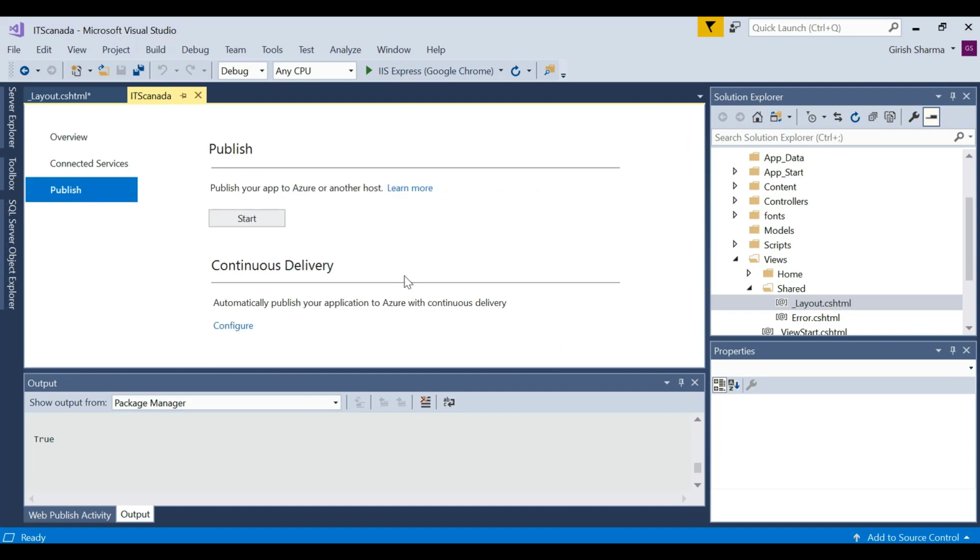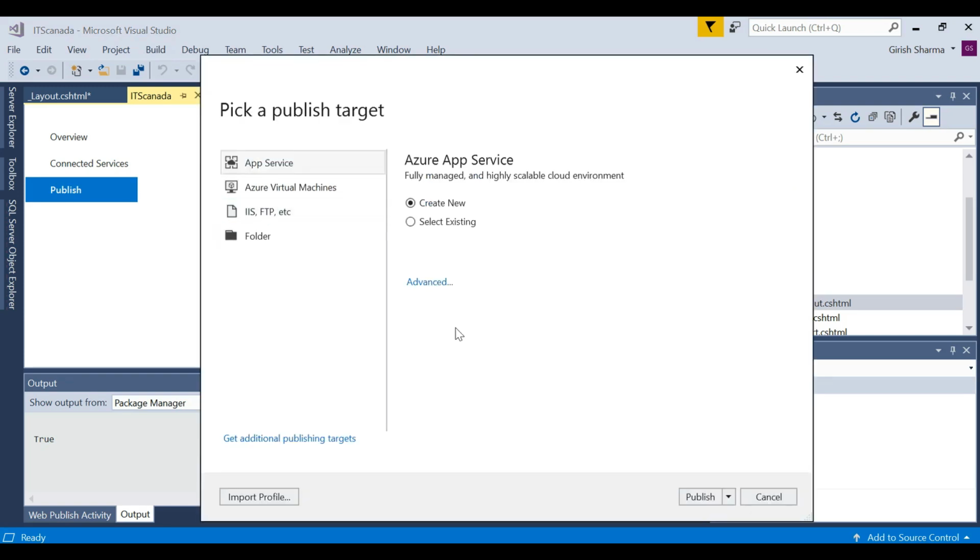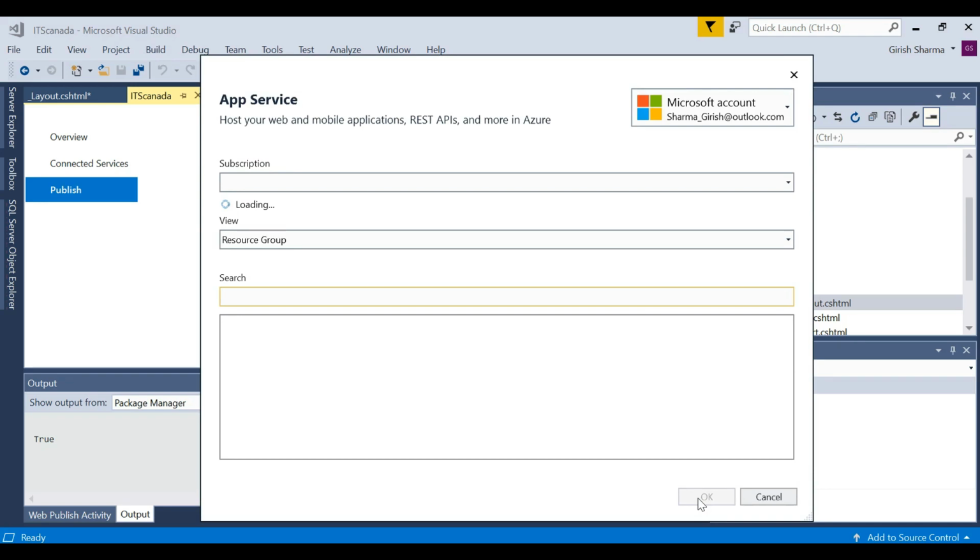publish, and here you can see that I can publish the app directly to Azure. So if I go and click on start, I can create new or select the existing. Since I already have the existing, I can go and publish. It will pick my subscription, and if I go under my resource group, this is the one, ITS Canada, and I can